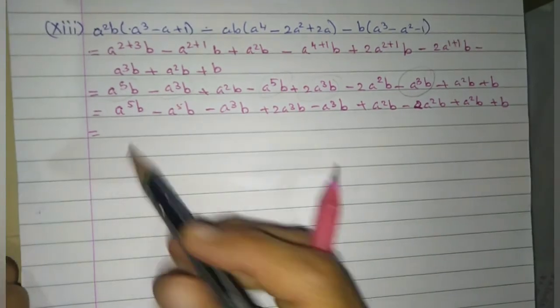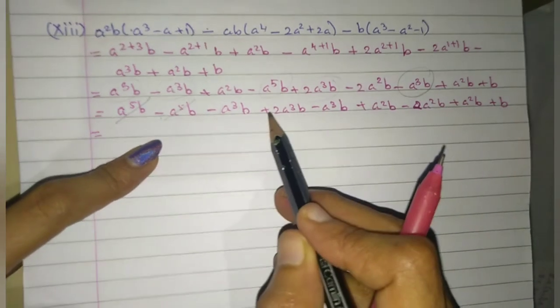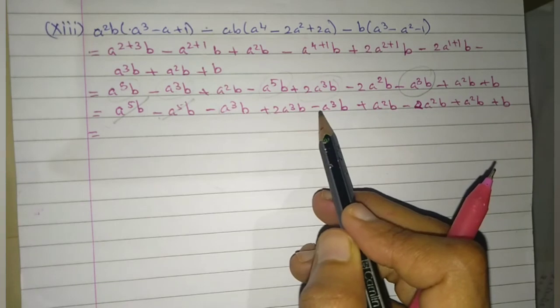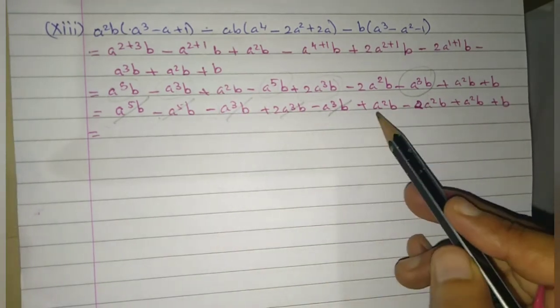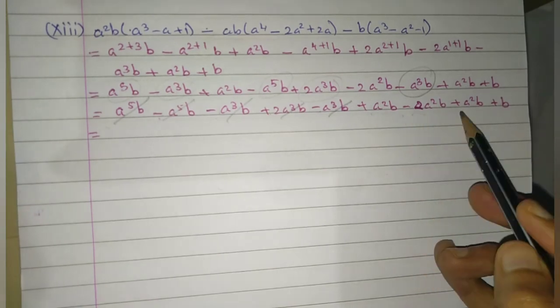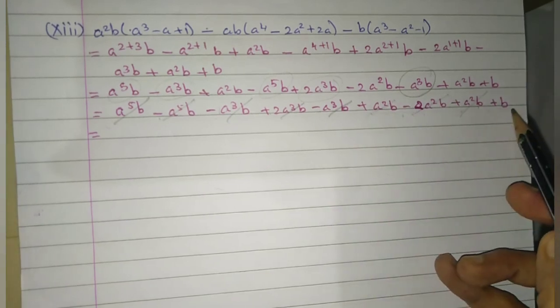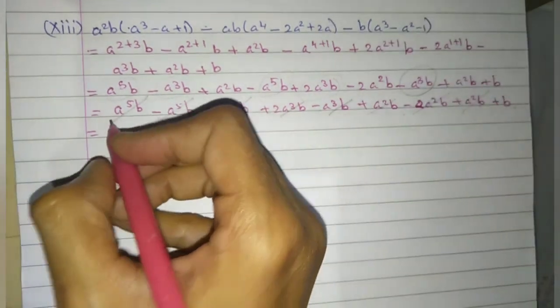Now we can cancel this here. Minus 1 minus 1 is 0, minus 1 plus 2 is 1 and 1 minus 1 is 0. So these 3 also can cancel, and here 1 minus 2 is minus 1 and minus 1 plus 1 is 0. So this one also we can cancel. So the answer is b only. Okay, so the answer is equal to b.